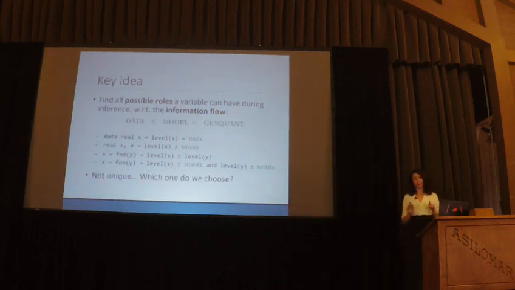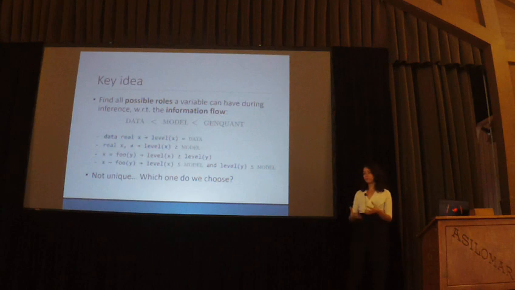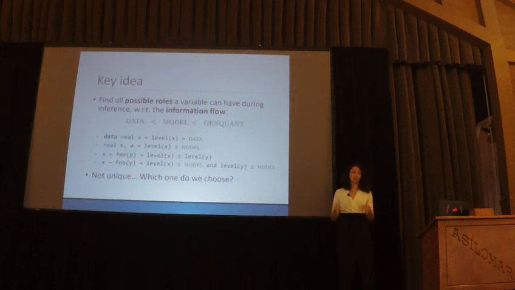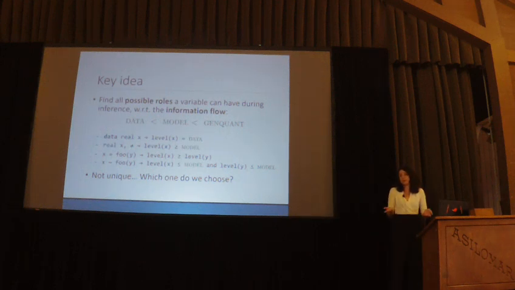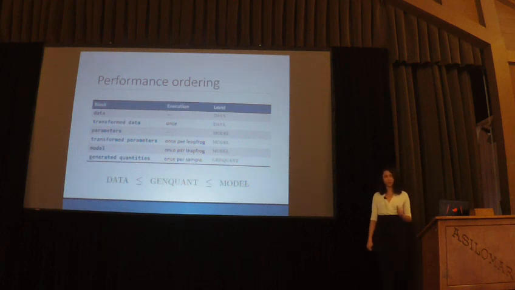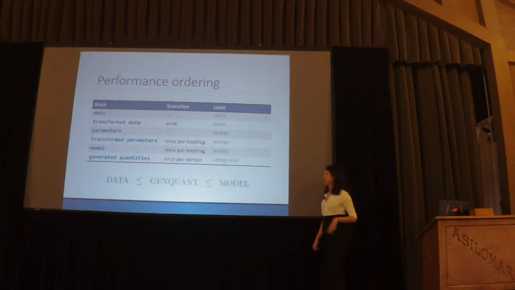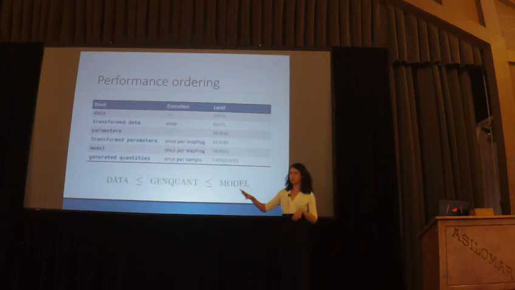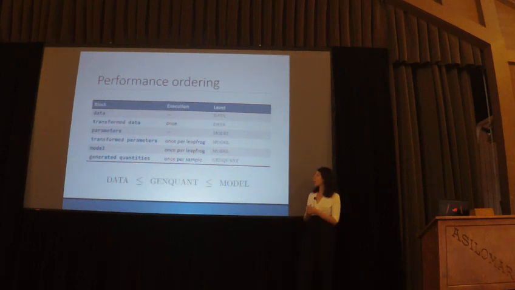The problem is that following those rules to figure out what the level types must be, they're not unique. We figure out that we have different ways of assigning those. So how do we choose one? Well, if we go to Stan's manual, we can see that different statements from different blocks are executed in different places. So, for instance, the transform data